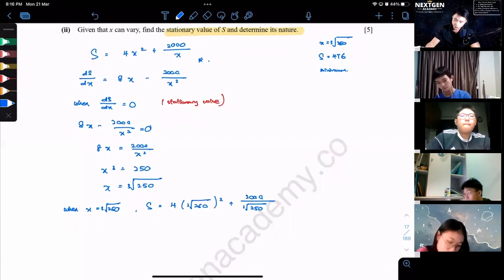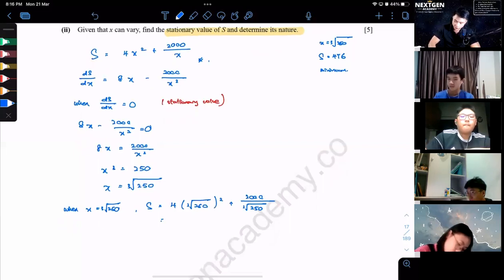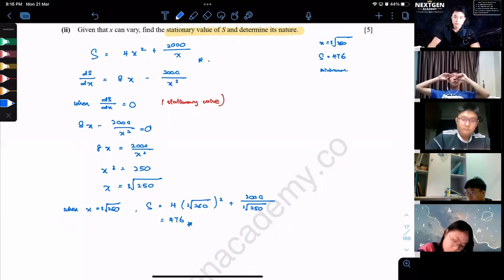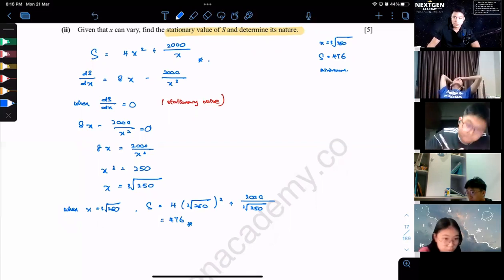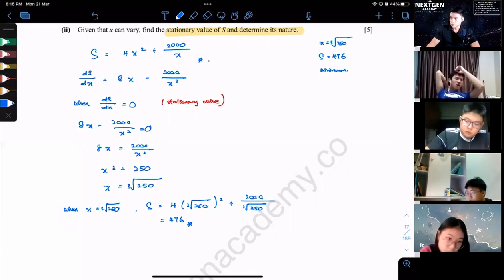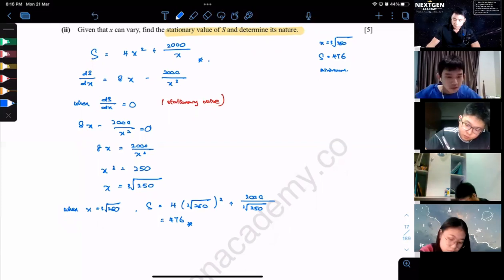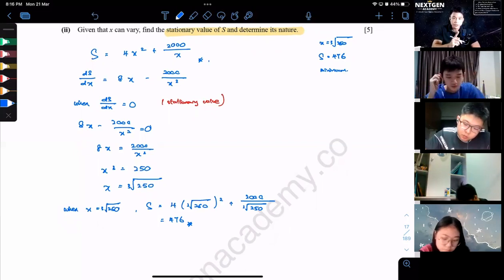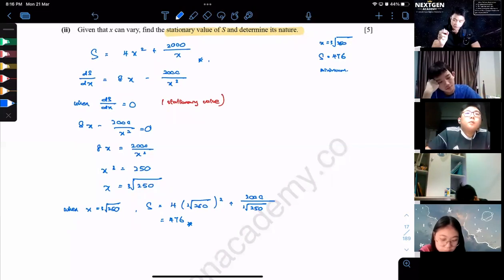We just write it to 3 significant figures. You will get 476. You can write it in decimal places also, it's fine, but I'll just keep it at 476. We know that because there's only one stationary value here. But we cannot assume, right, that